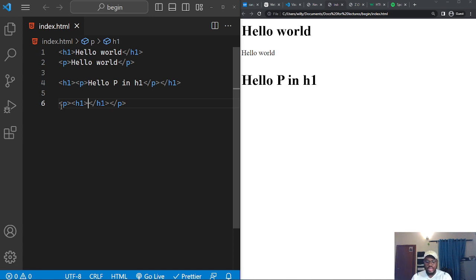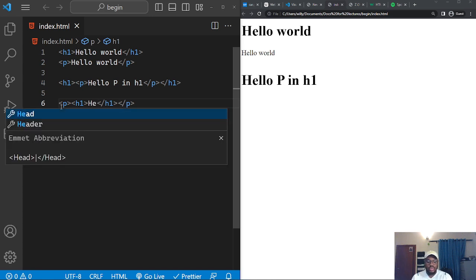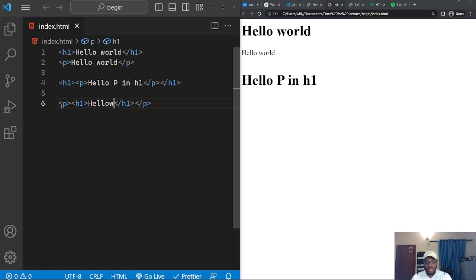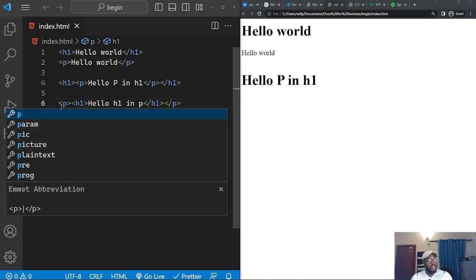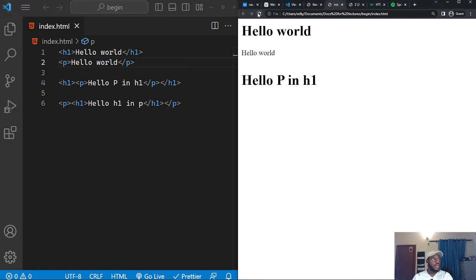Hello h1, p. When you refresh, you can see the h1 is still showing because the h1 has priority over the p tag anyway. And that is nesting in